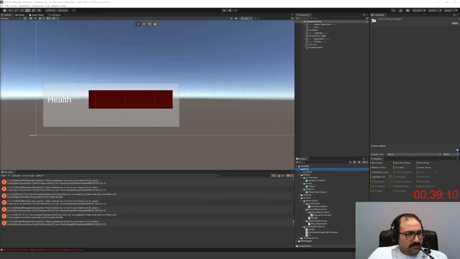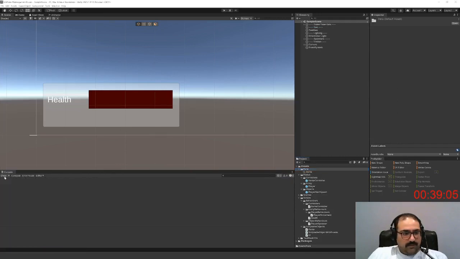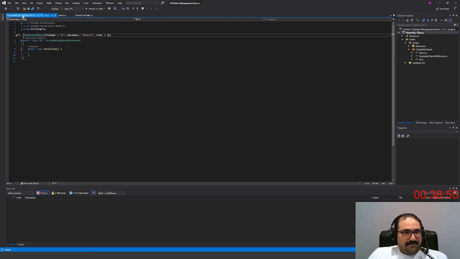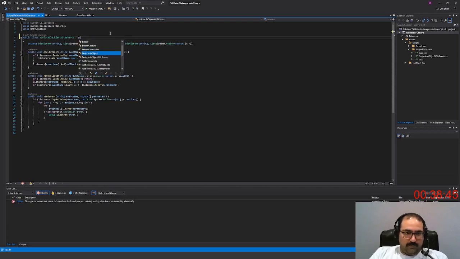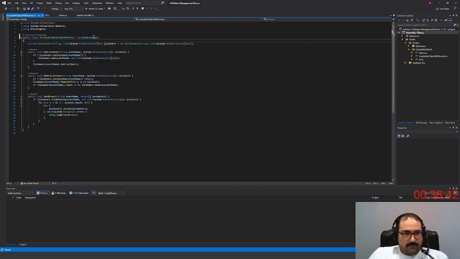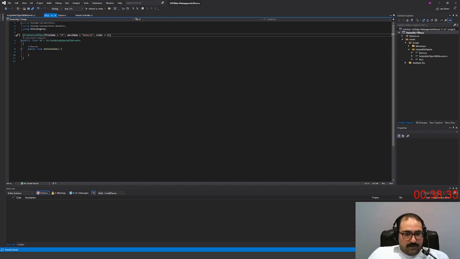Hey, things went on a really weird crashing tangent for a second there. But I figured it out really quickly. It took probably 5 minutes, so I reset the time a bit. I cheat a bit, but it's okay. So what happened was, for some reason, this was set to mono behavior, which makes game and UI inherit from mono behavior, which is completely the wrong thing that we want to do. We want it to inherit from scriptable objects, which might be a mistake I did last time, but didn't realize it. But anywho,